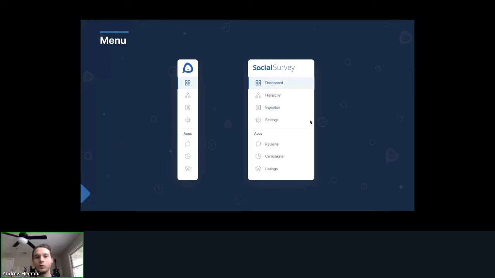This is where you will set up your company structure, your location, any information that goes into profiles for your branches or locations, and also where you set up your users, agents, managers, and people like that. There's also a section for ingestion. This is where you'll set up your